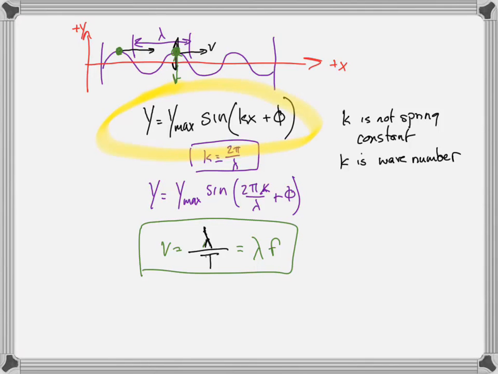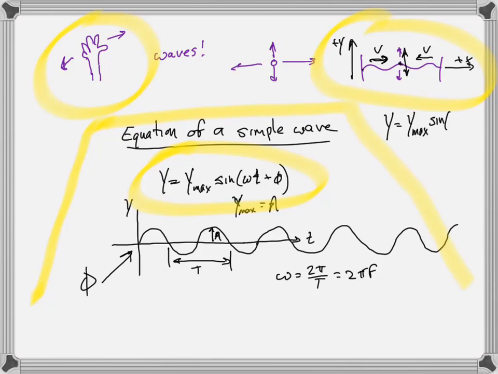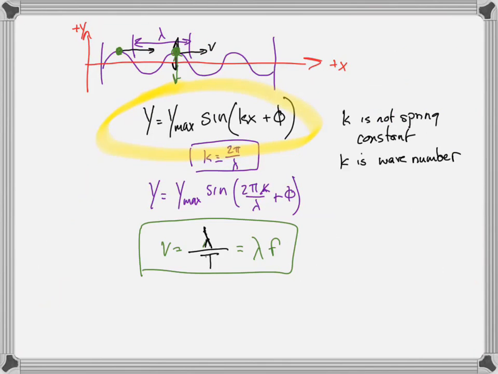You can go ahead and combine the spatial dependence with the time dependence to get the equation of a single frequency wave. This is called single frequency waves because they're talking about a single omega that represents the wave, a single frequency. These aren't complicated waves. They're single frequency waves, a single omega, a single wavelength, a single frequency. So we can combine the time dependence with the spatial dependence to see how a single wave function describes a